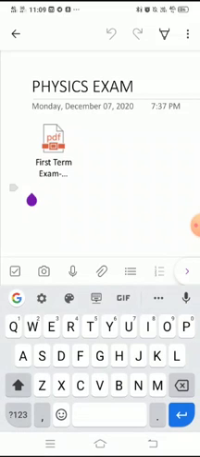You keep the paper straight, and when you scan, make sure that the camera icon on your phone also is straight, so that you get the proper way of scanning your answer sheet. So after it is done, you have to save it as a PDF file. That is the usual process. You know how it is.